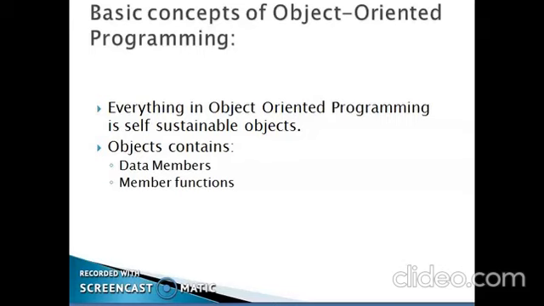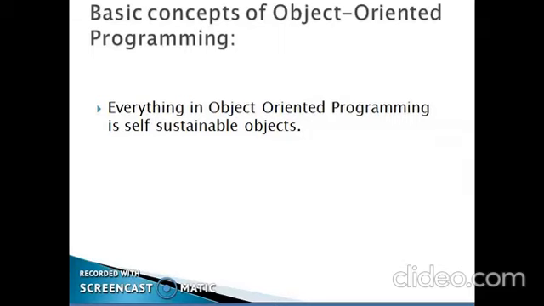So how will I interact with the computer? With the help of a programming language. One such programming language you have already studied in the last semester, that is C. This semester we will be studying another programming language called C++, which is an object-oriented programming language. Now what type of programming language is C? It's a structural or procedural programming language.